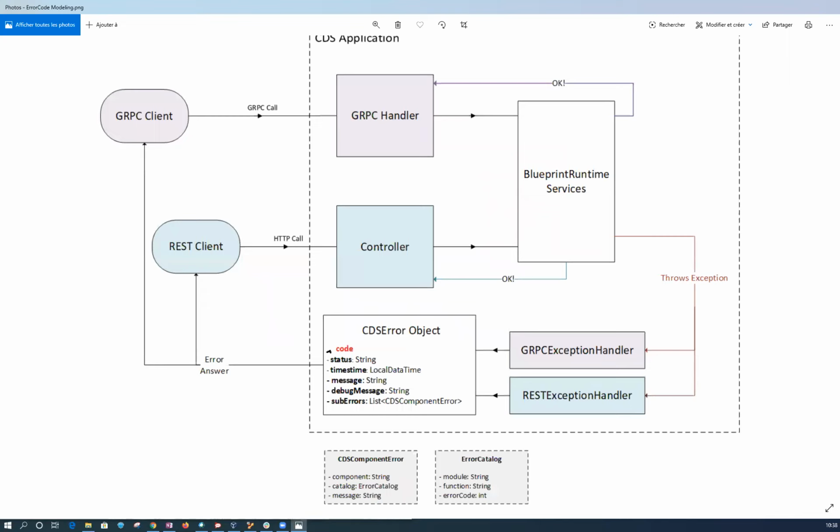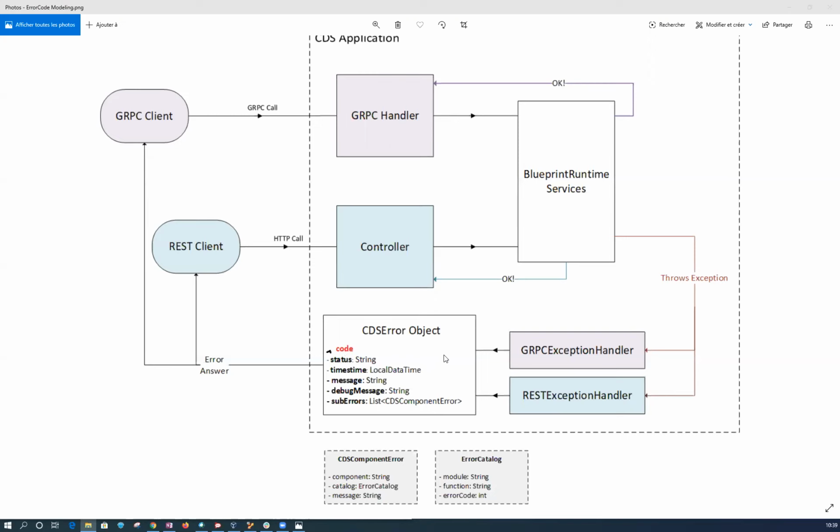So, Brenda, I still think that if we don't have a CDS error, we should return a 200, and if we have one, then we should not return 200. That's my view on that. So, Brenda, what I understand from what you are saying is that for the specific kinds of request like REST or gRPC, we will always differentiate the protocol error and the CDS specific error. For example, we will capture all the CDS functional errors in the sub error, where in the CDS component error we will have a different error message and a code that is specific to CDS. And for the protocol error, we will have the code and the message, for example 500, like Sebastian was saying, you have a 500 error to return to the